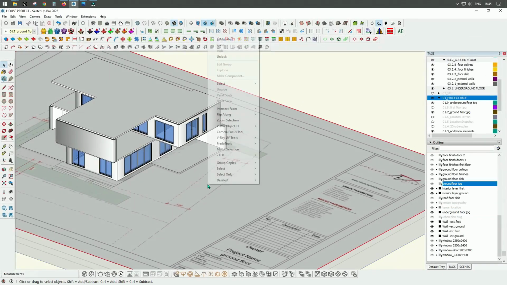Now I'm going to hide again our ground floor reference file